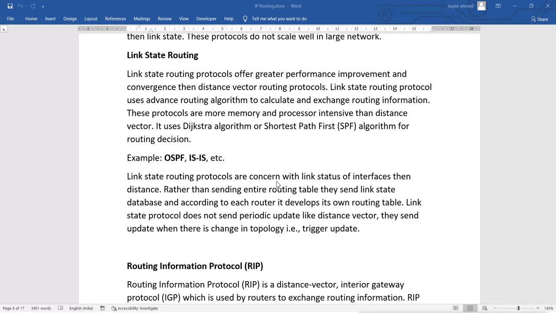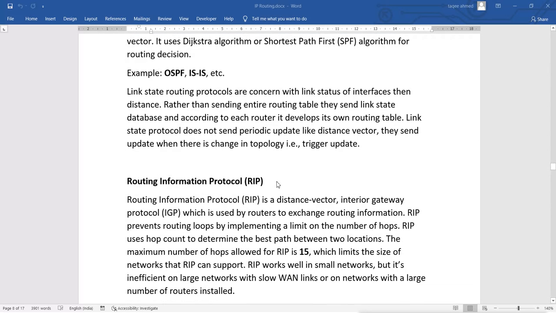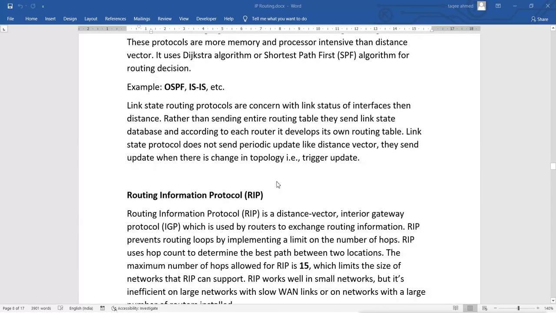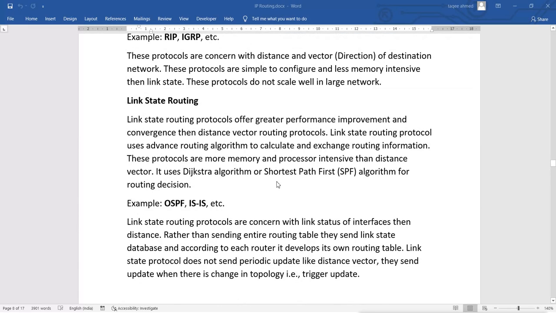We will talk about what this means when we see the protocols one by one. Next we will see those protocols one by one, and we will configure them, see how they work and how we configure them, and what the problems with those routing protocols are. For example, RIP, IGRP, OSPF, EIGRP.